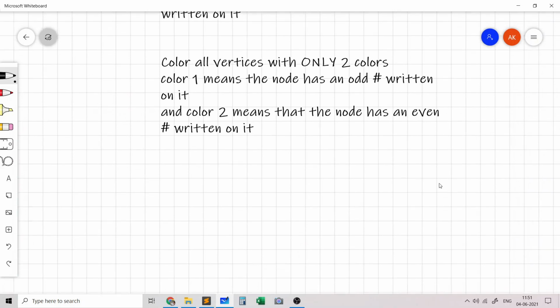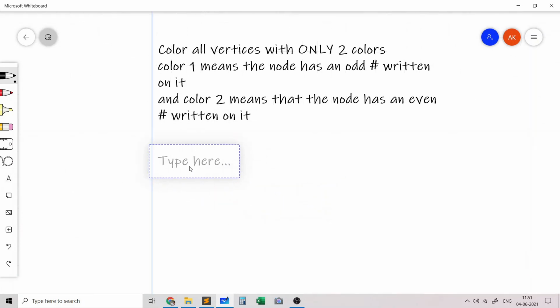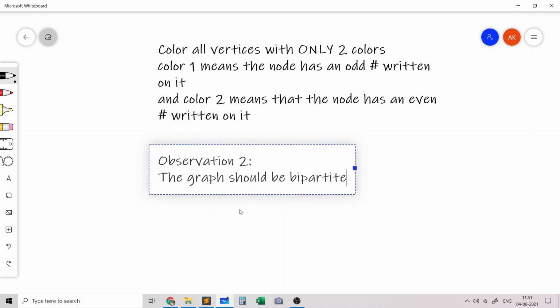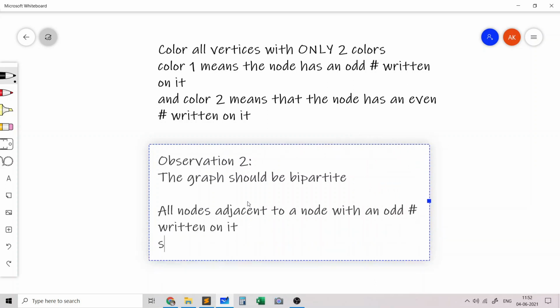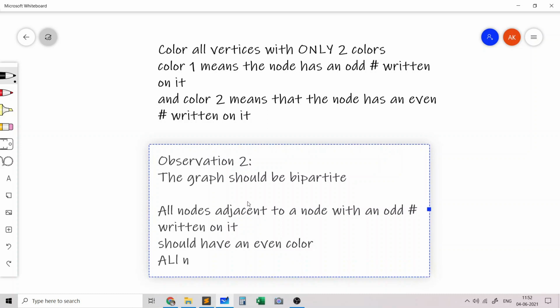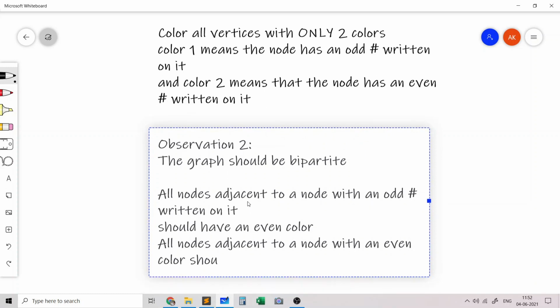So now that we have colored all vertices with only 2 colors, which means either an odd number is written on it or an even number is written on it, now we need to make the second observation that the graph should be bipartite. And the reason why this is true is because notice that all nodes adjacent to a node with an odd number written on it should have an even number written on it, and all nodes adjacent to a node with an even color should have an odd color written on it.